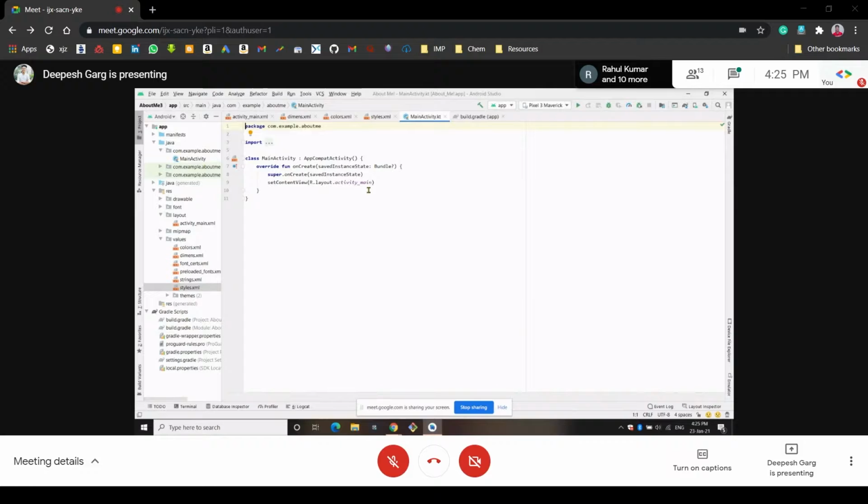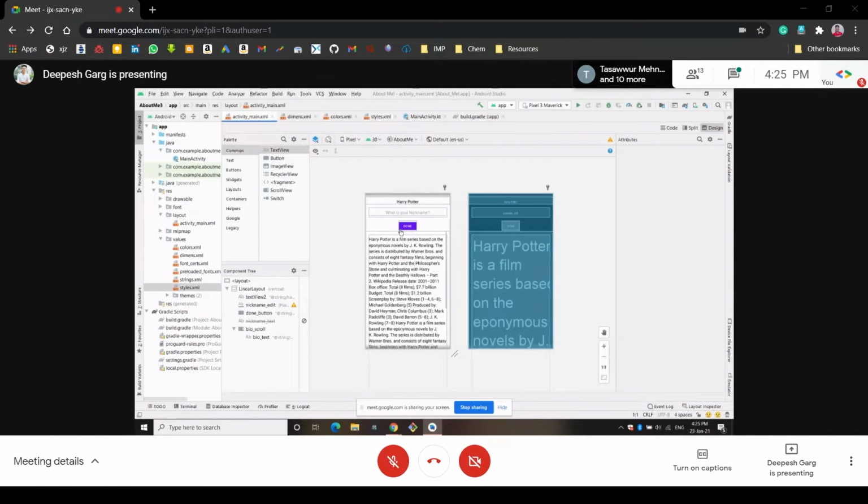First of all, what we have to do is create one binding object. What is binding? In the earlier sessions, to find any view inside the app, we were using findViewById.